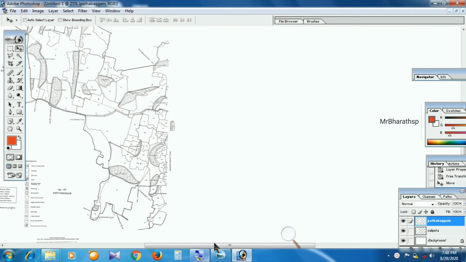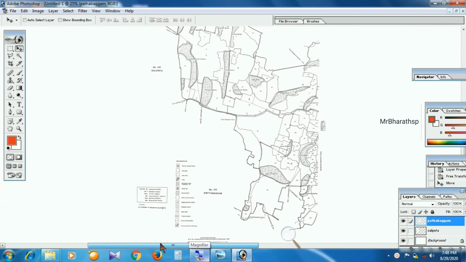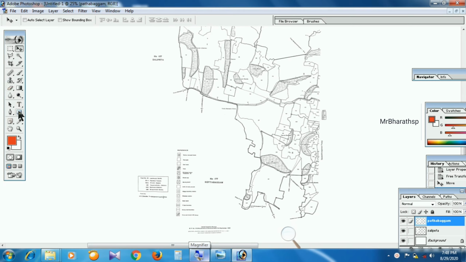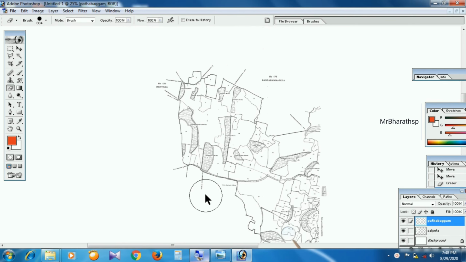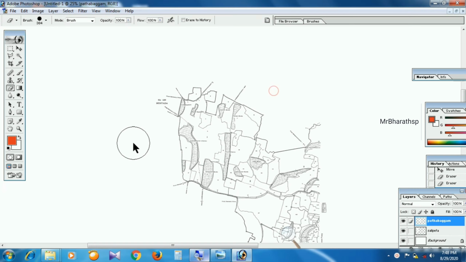So we have to be very careful while working with these layers of villages. Now we shall remove the labels using the eraser tool. This eraser tool is very useful, but you have to be very careful while using it and keep in mind the layers.